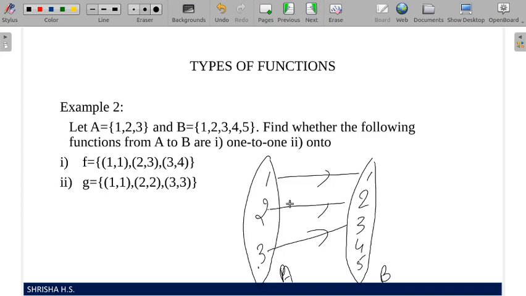So you don't have to complicate this one. We have only 2 choices, one-to-one and onto. Different elements of set A have different elements in set B. So it is one-to-one, but 4 and 5 are idle, so no, it's not an onto. 4 and 5 have no pre-image in set A. So it is not an onto. It is only a one-to-one function.